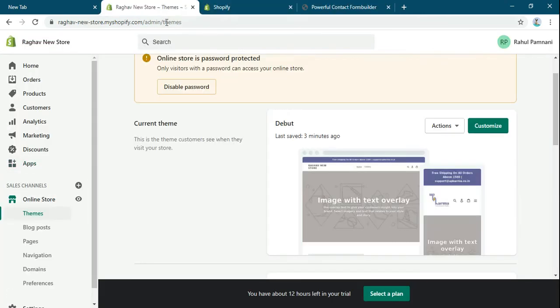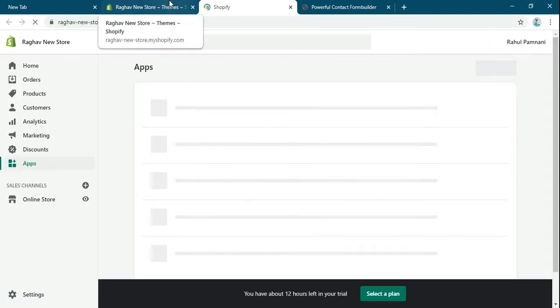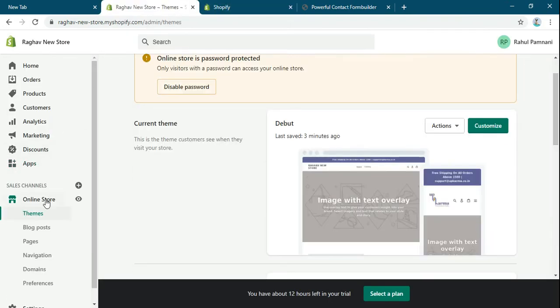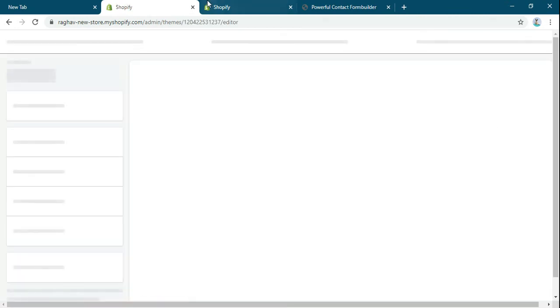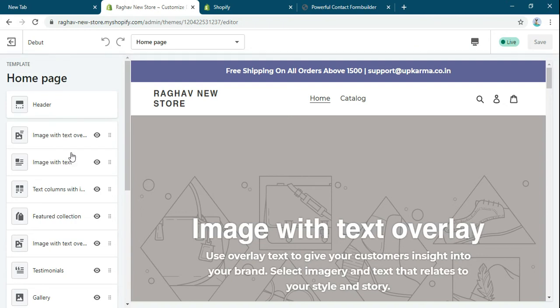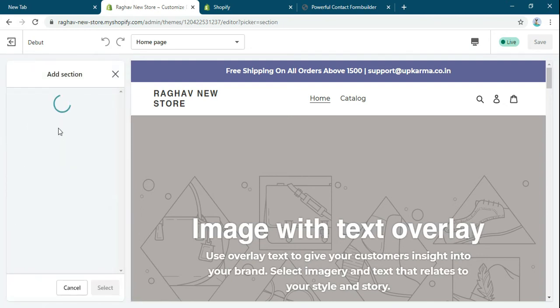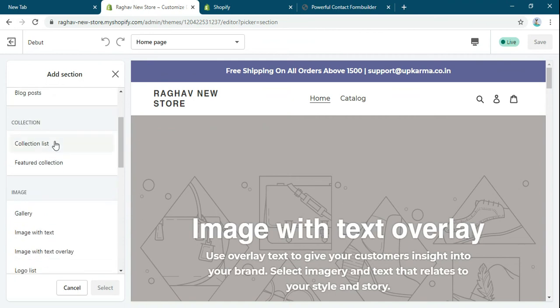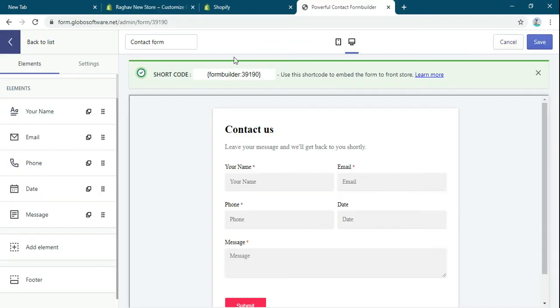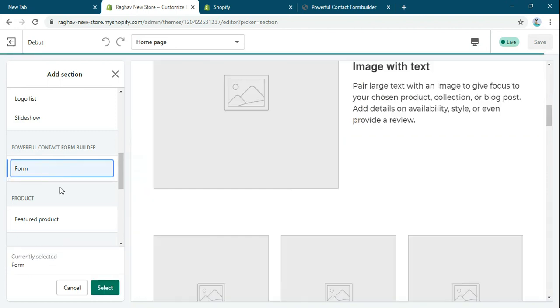So if you want to add this form to the website, suppose on the front page, there are two ways. You can add the shortcode, or you can add this form.